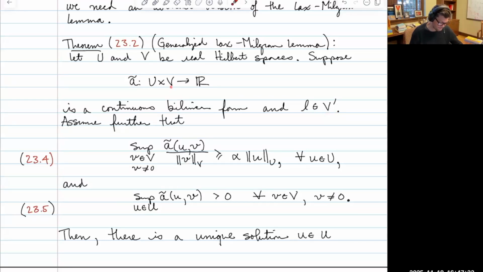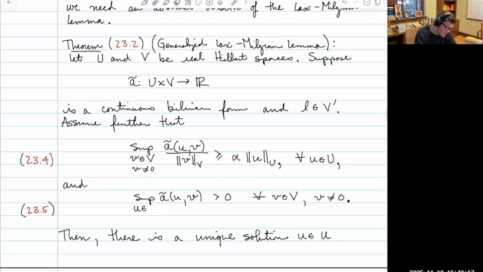Okay, so the second space. We're going to assume further that this A tilde satisfies something that looks like the Inf-Sup condition. In fact, it is precisely an Inf-Sup condition for A tilde. Okay? So assume that A tilde satisfies this Inf-Sup condition. Now look at the placement. A twiddle, or A tilde, is on top. So that's going to take the role or play the same role as B plays in our current problem. The last thing we have to assume is that the supremum taken over U in this big space U